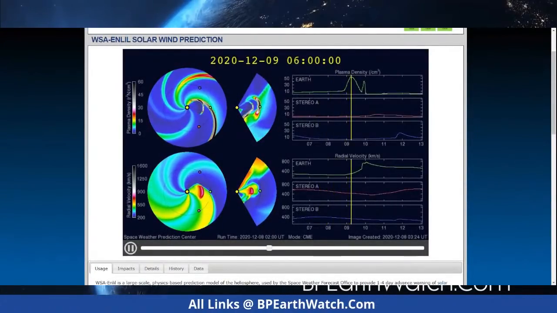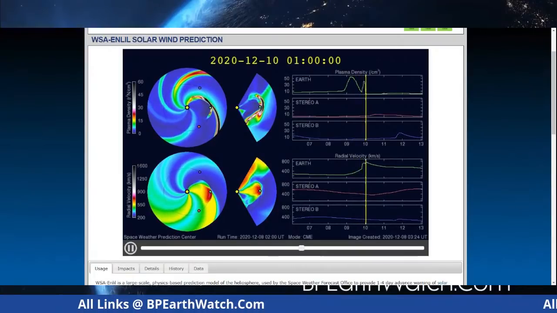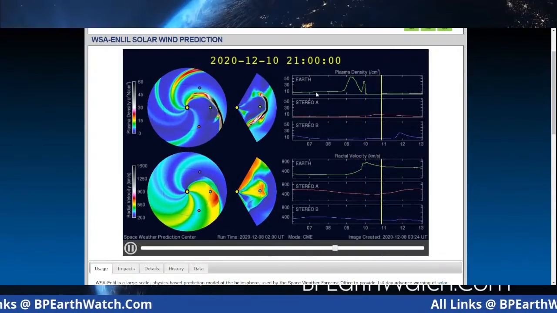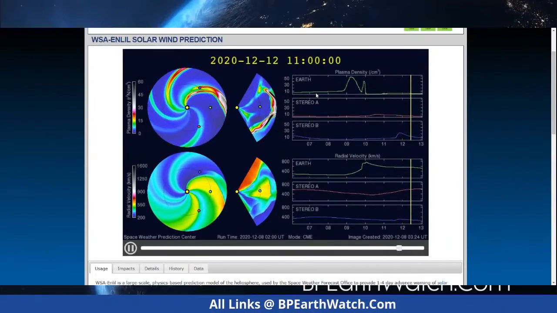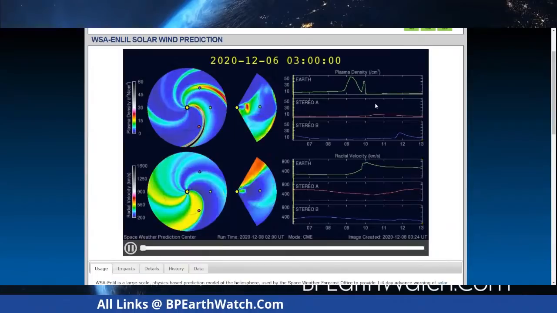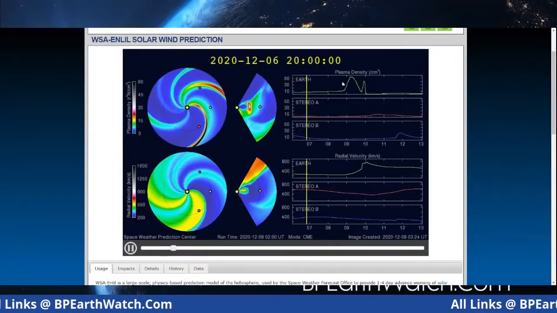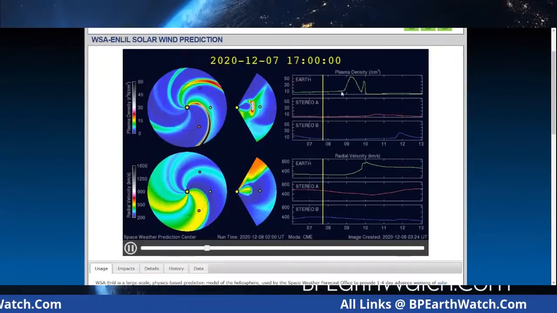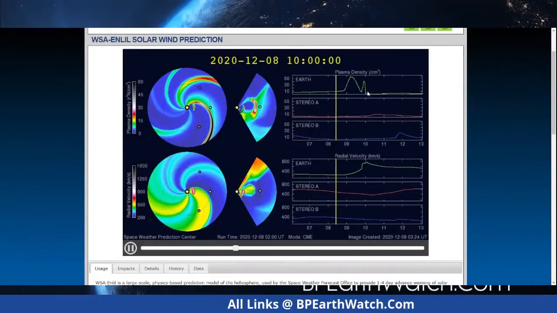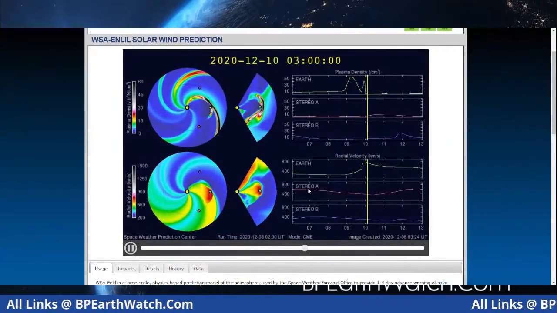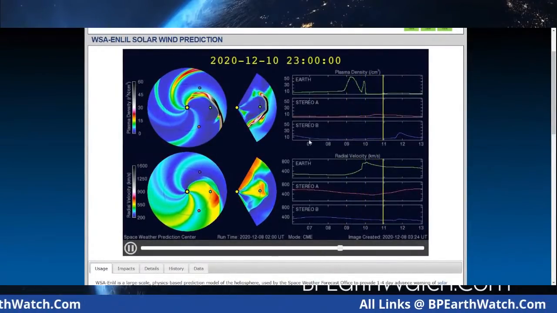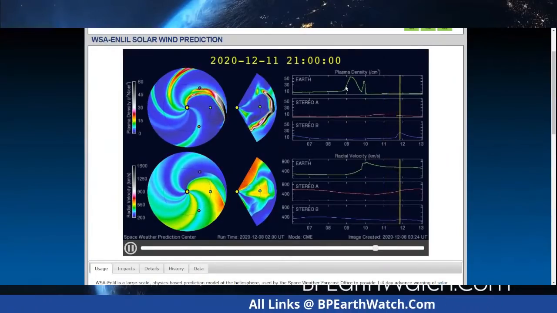And this is what we have here. Now, again, this one has information on it that's very important. The other one we look at doesn't go into as much detail, but at the top of this, the green line has to do with our planet here: plasma density, green here, and solar wind speed. Your red and blues are STEREO A and B. The green line is what we're watching.